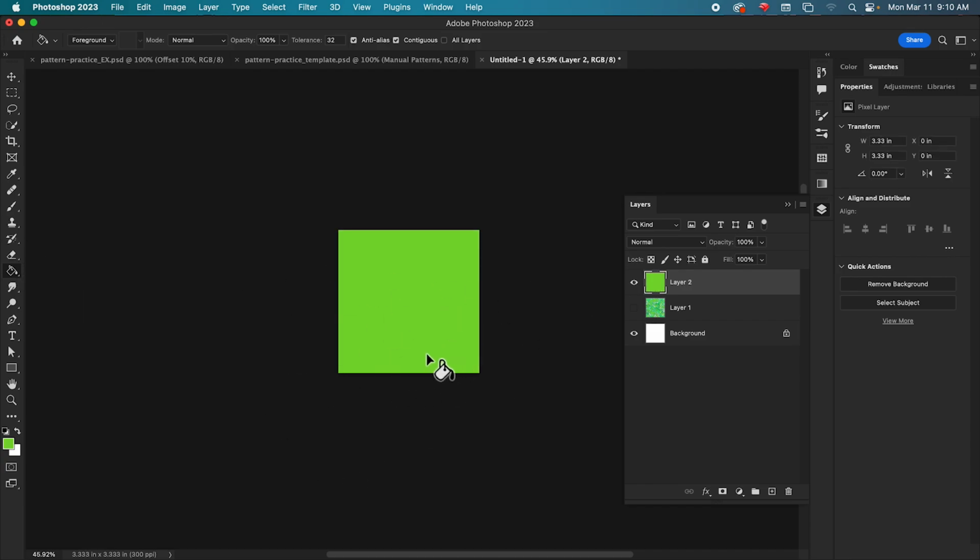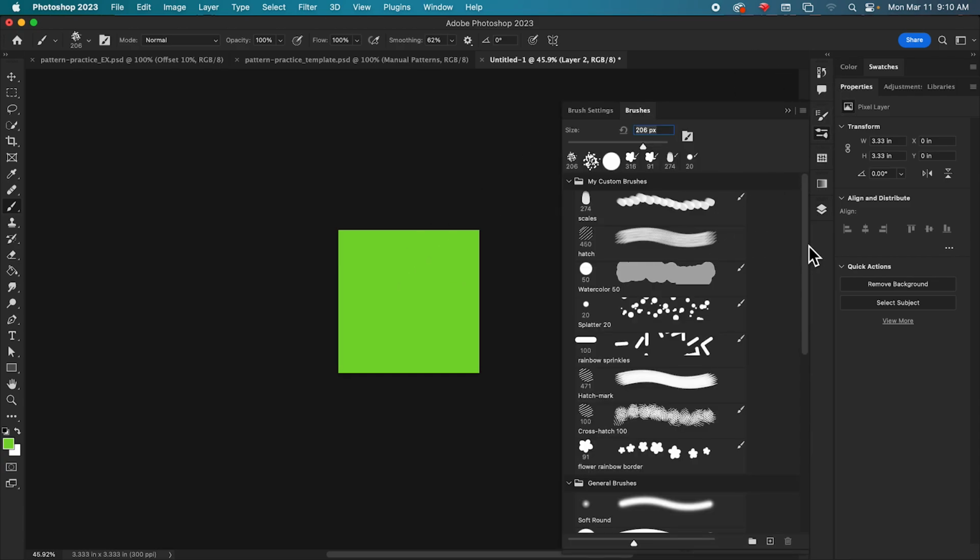And I'm just going to fill this with a single color, and as long as I make sure that all 4 of these edges stay that one single color and nothing touches them, I should be good to go.